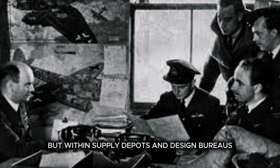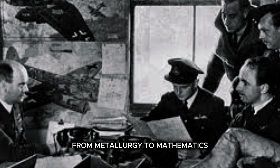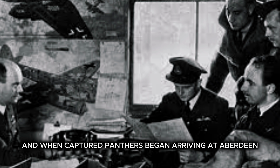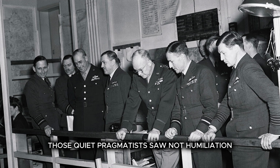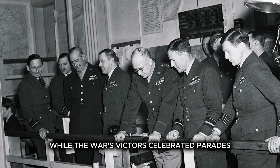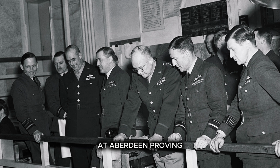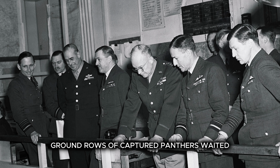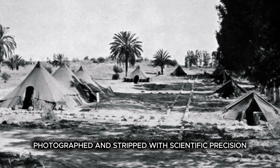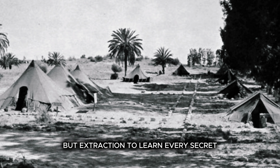But within supply depots and design bureaus, the real contest had already shifted from metallurgy to mathematics, from elegance to endurance. And when captured Panthers began arriving at Aberdeen, those quiet pragmatists saw not humiliation, but opportunity. While the war's victors celebrated parades, America's ordnance engineers were already at work turning defeat into instruction. At Aberdeen Proving Ground, rows of captured Panthers waited under the Maryland sun, each tagged, photographed, and stripped with scientific precision. The goal was not imitation, but extraction, to learn every secret